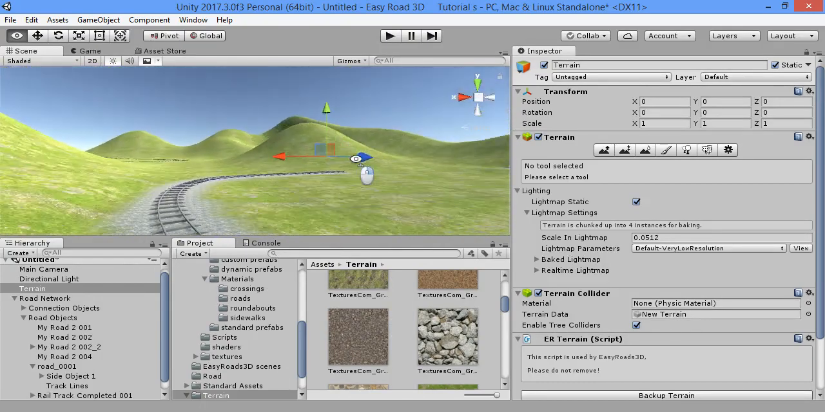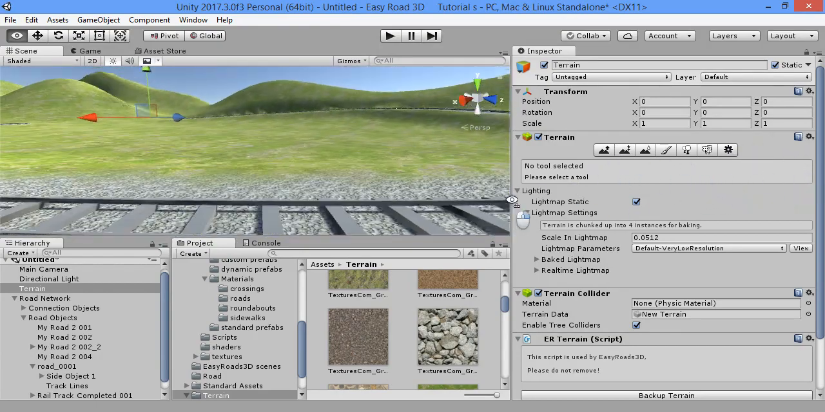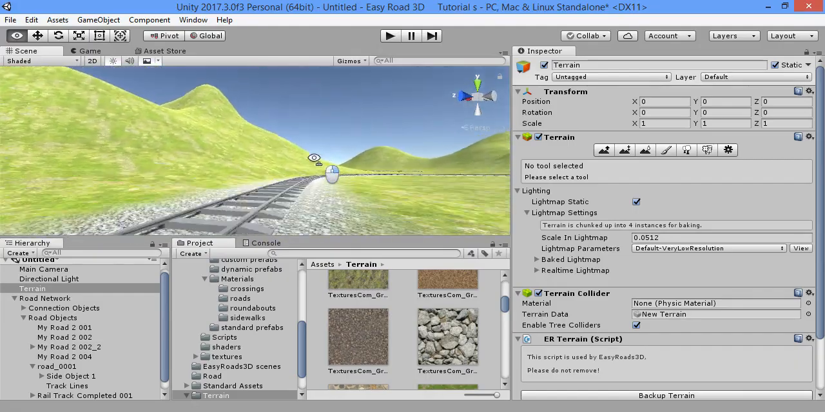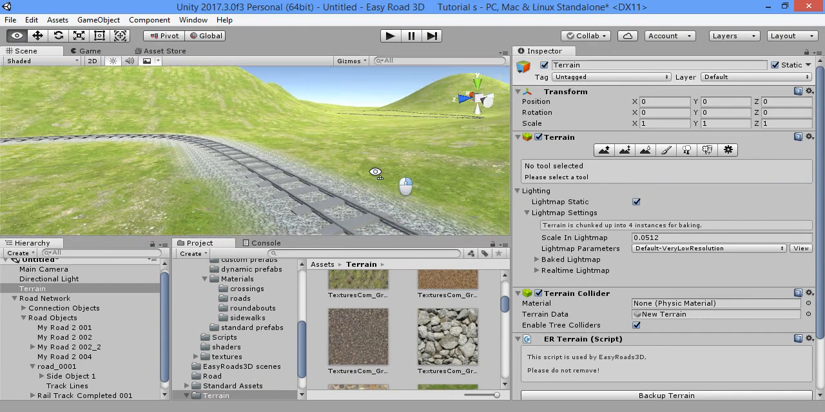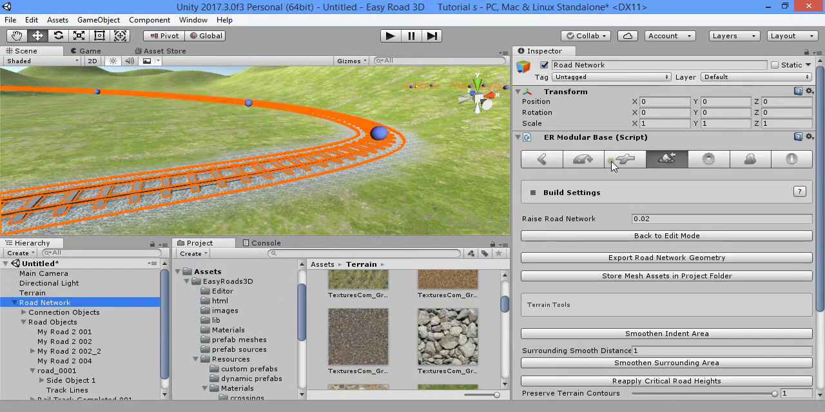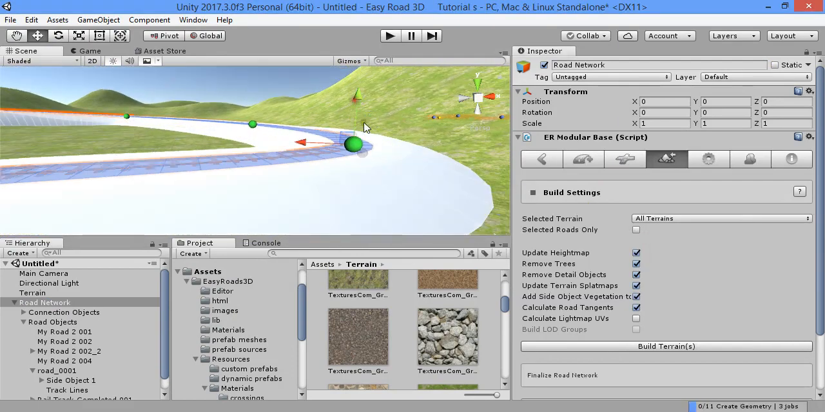Hi again. Now I want to show you how to create side objects. Using side objects, you can create everything. Any road style, any road shapes. You can connect side objects to the road prefabs